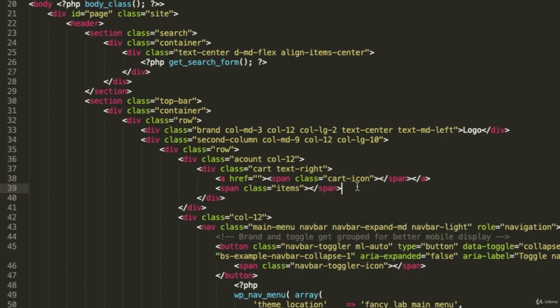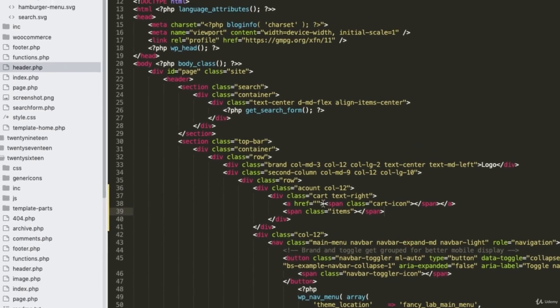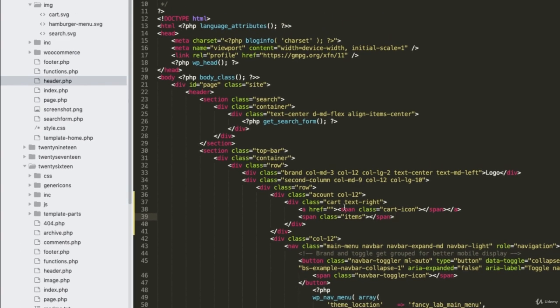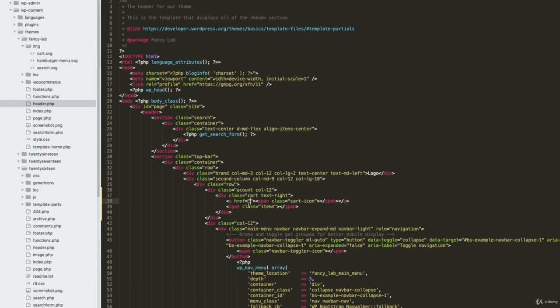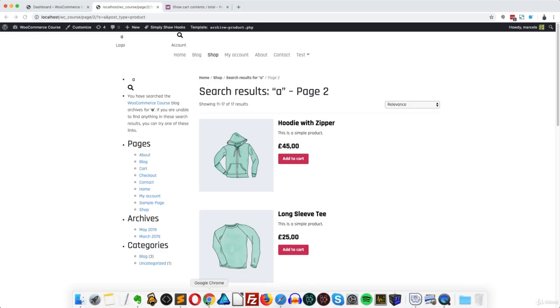Okay, now come the most interesting explanations. This first link will contain the link to the shopping cart page. We will have a shopping cart icon, which I prepared in advance for this lesson. It's inside the IMG folder. And when we click on that icon, we will enter the page with the items in the cart so that the user can check out. The first question is, how do we get the link to the cart? Well, we can simply pass the page link